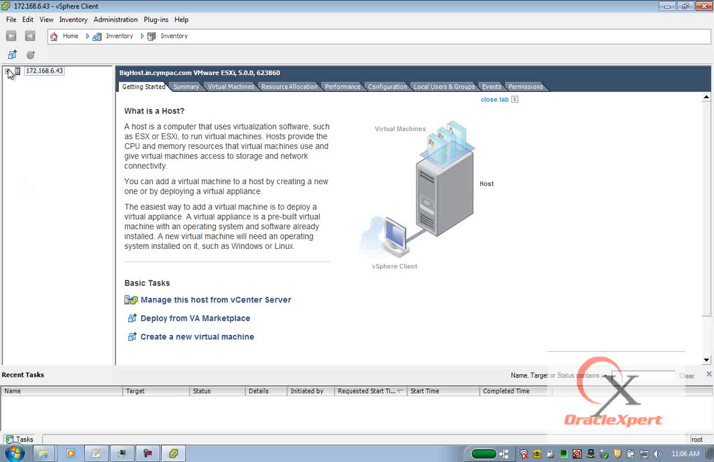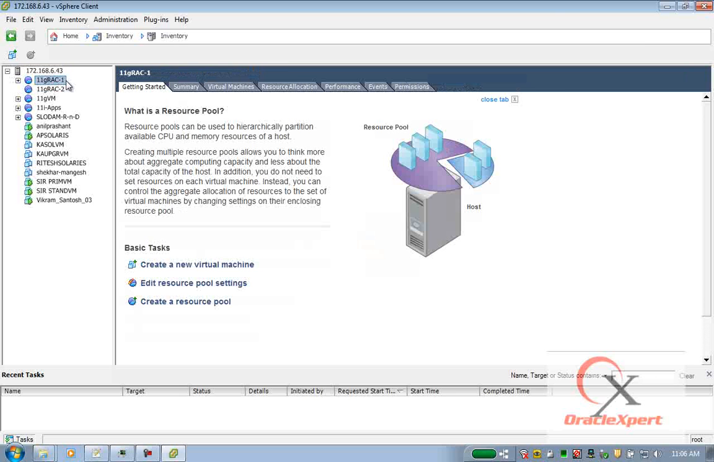Once I am there, there are two groups, 11G RAC 1. So group 0, group 1, group 2, group 3 and group 4. You need to create your machines under this resource pool. Group 5, 6, 7, 8 and 9, you need to create your machines under this group, that is 11G RAC